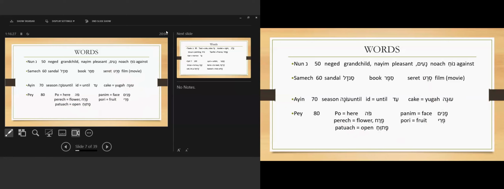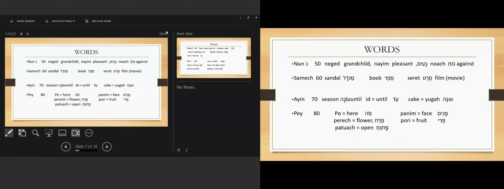Mem is 40. Right. Mit kadem. Mit kadem is onward. I don't know if you know the song Onward, Christian Soldiers. Well, that onward, mit kadem, would be